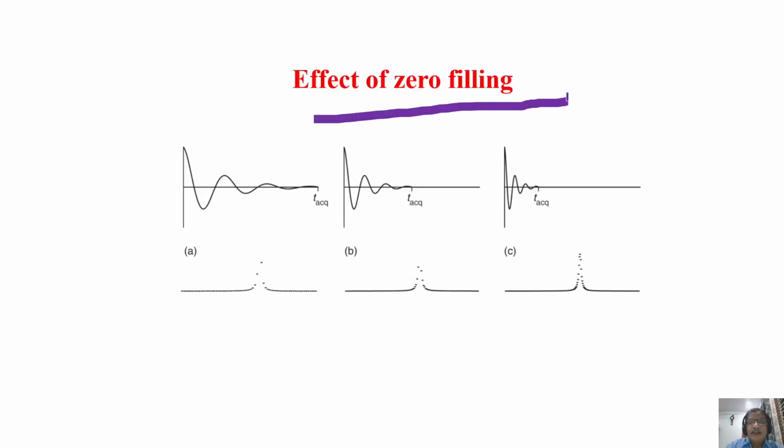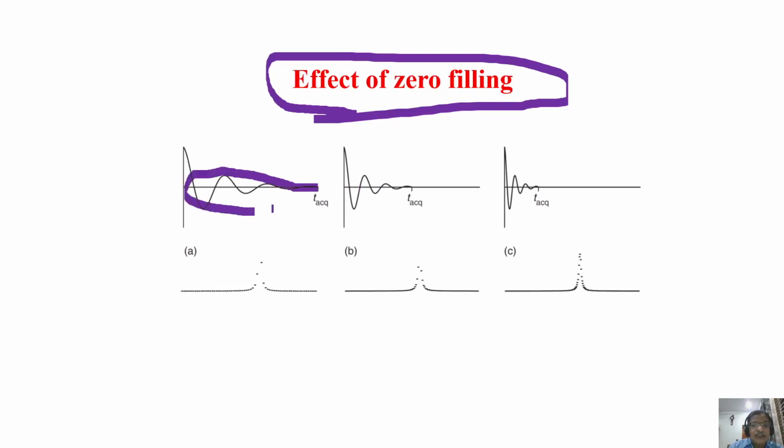Zero filling is important. You can add zeros at the end of the FID, regular FID, to double the size of the data, which will bring down the dwell time and enhance the resolution. Look at this one. This is a free induction decay. At the end of this, the same size of the time domain is added with zeros. Let us say this is 8K data. Now I add 8K zeros. It will become 16K data.